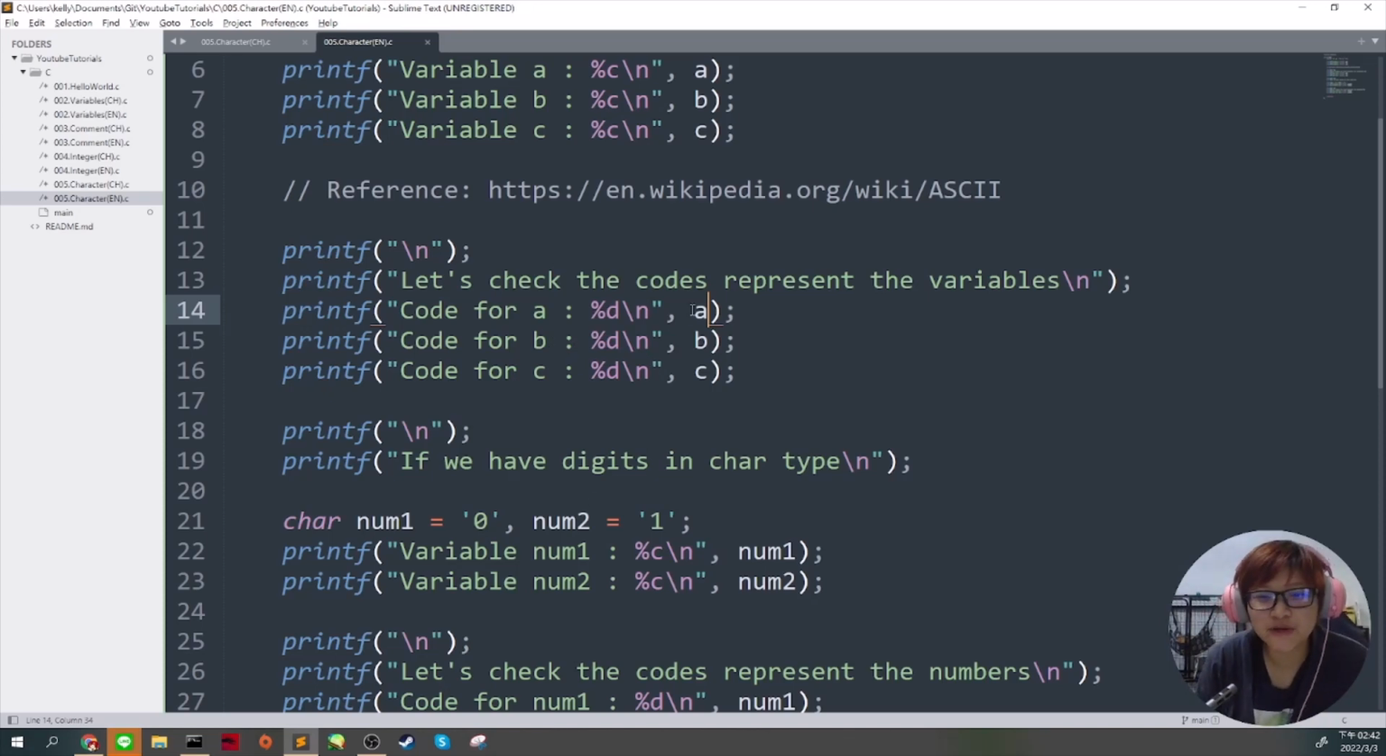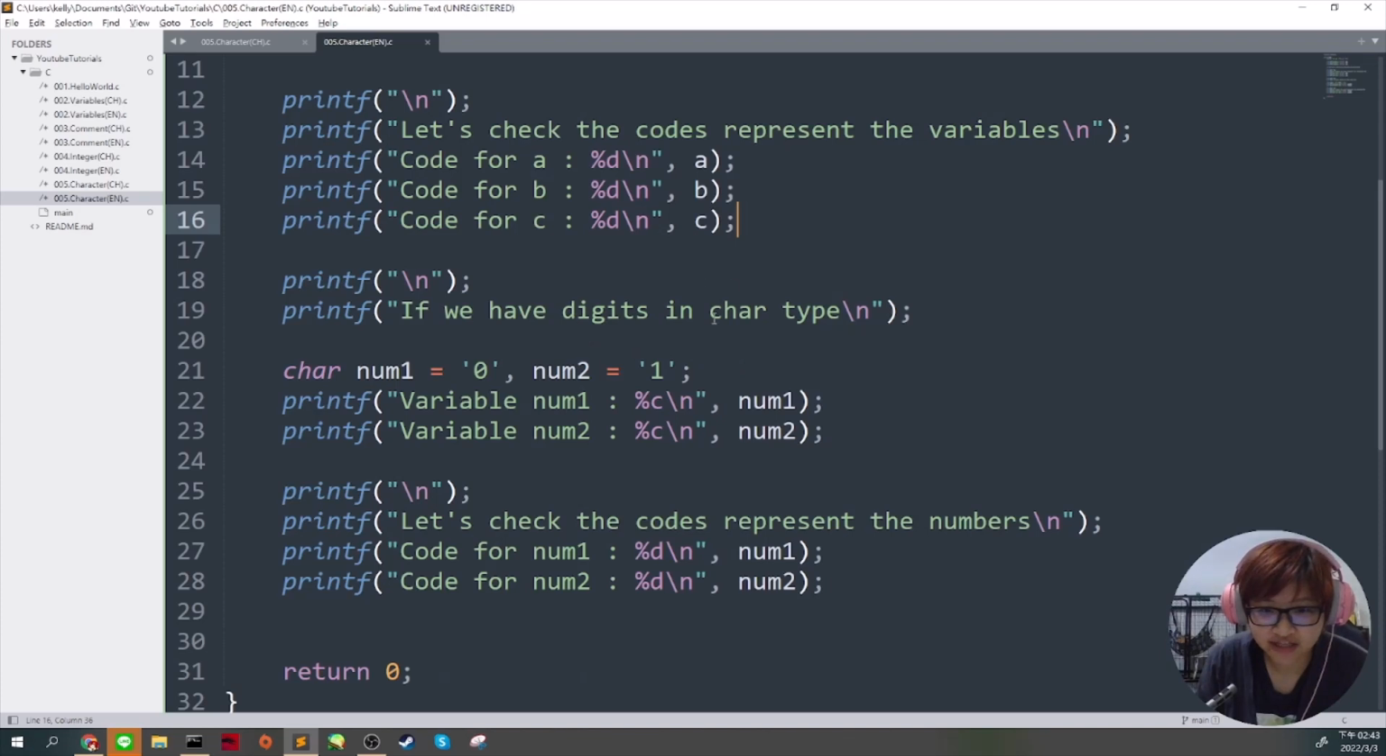It is not recommended to do things like this, a non-obvious type change. But here I just want to show you that the small character a can be represented by a number. Okay, so if we have a digit in character type, so here I have num1, and